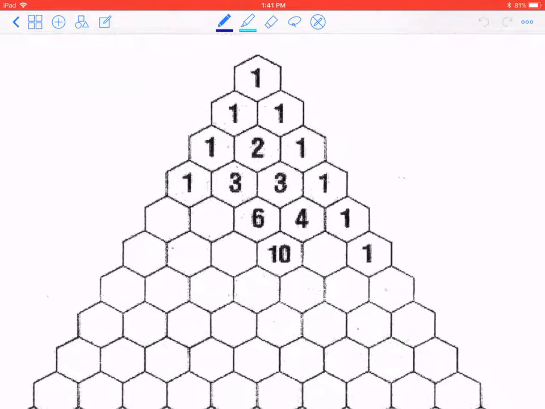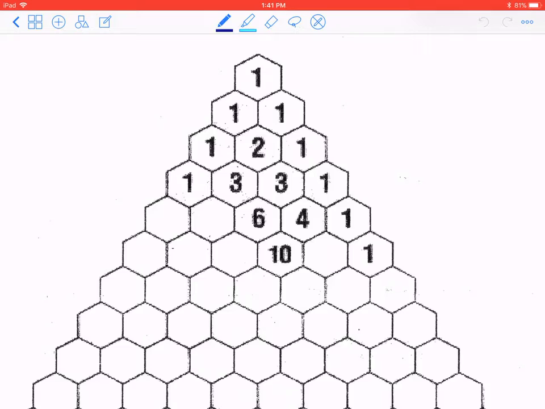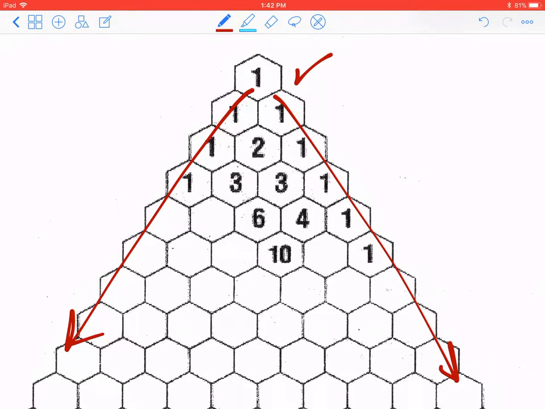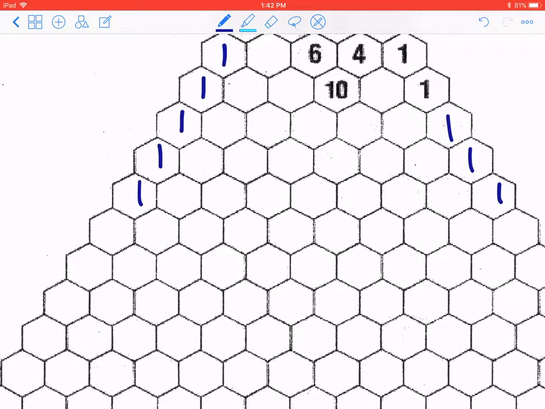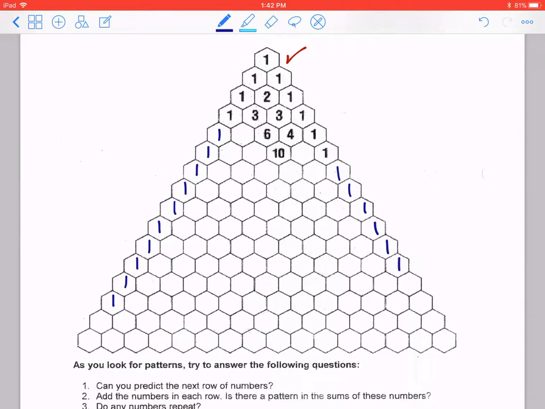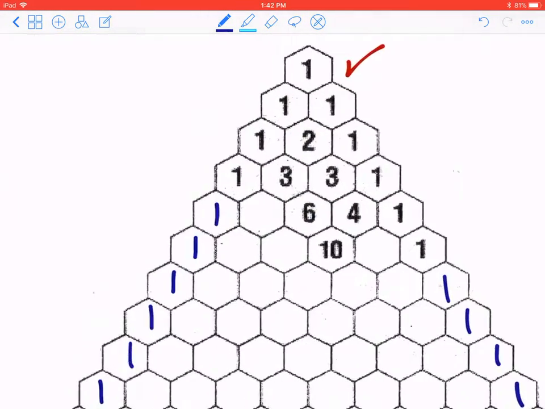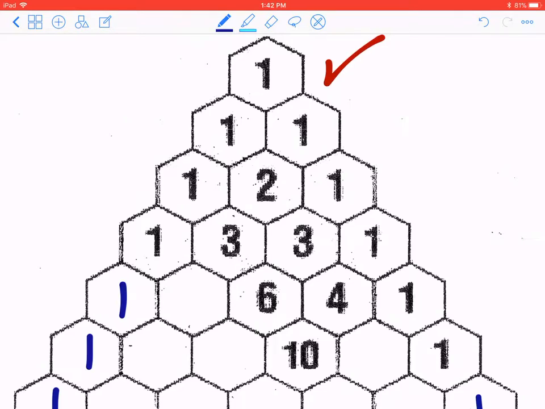Now, here we go. Pascal's triangle is a triangle where the first number is going to be 1. And all the numbers that are diagonally to the left and also to the right remain 1. So before we continue, you can put in all these numbers. It's just going to be 1 all the way to the bottom of this triangle, just like that. Now to find the next number, what you do is you're adding the two numbers from the